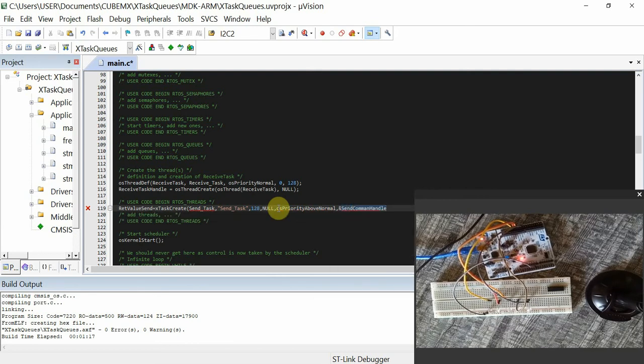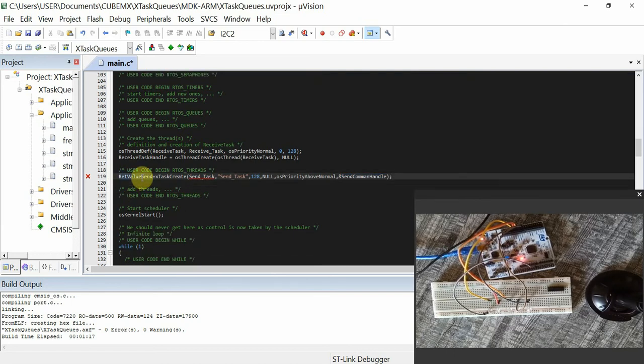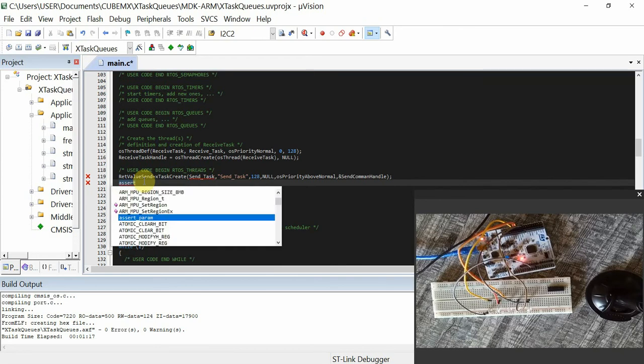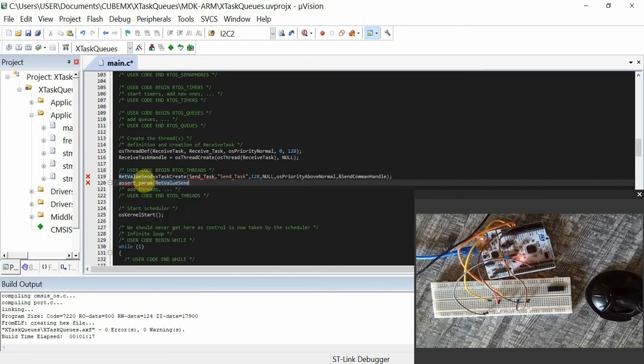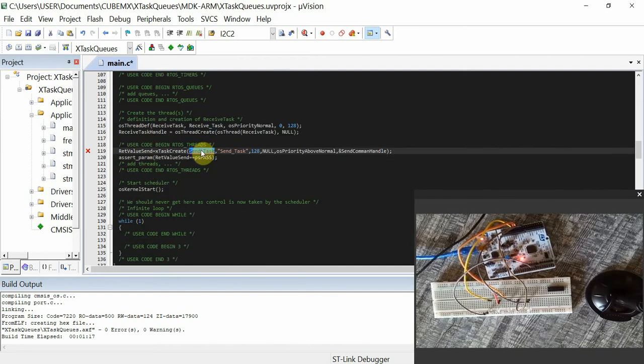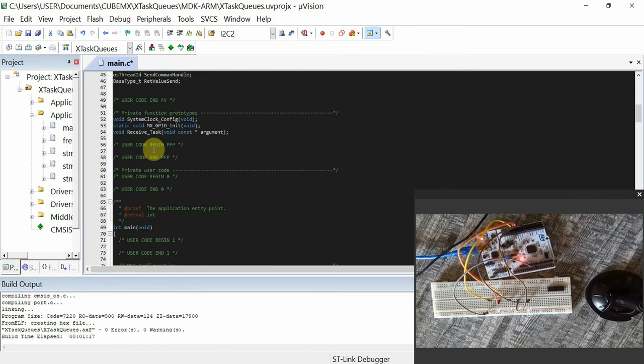so we have the send command handle. So then from there we have to go ahead and test whether it was created. So we use assert_param, and then we check whether the returned value is equals to pdPASS. Then from there we are going to define the task. We create a prototype for the task, so void send_task, and then void pointer argument,